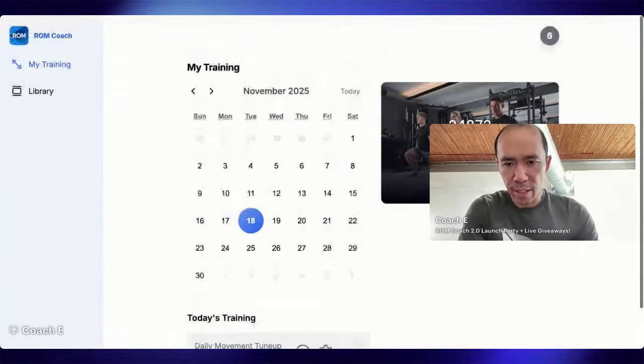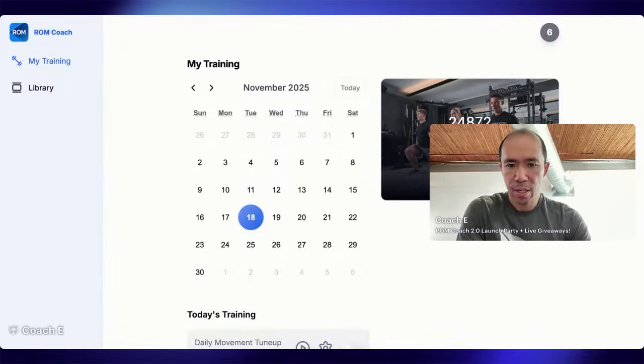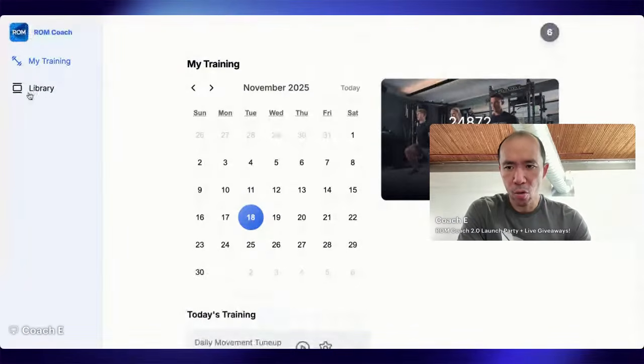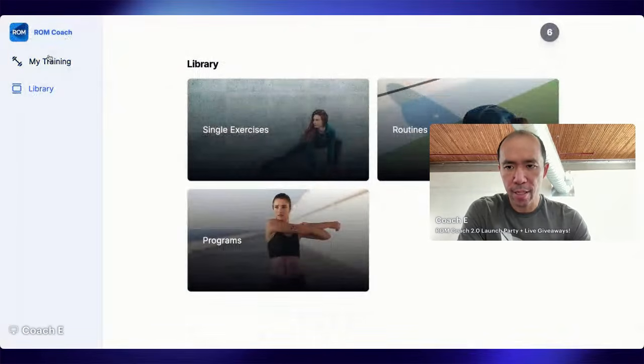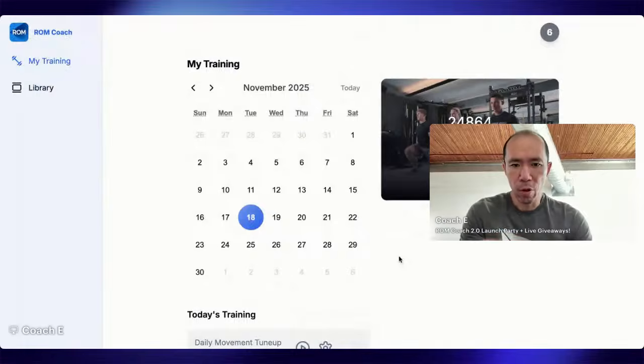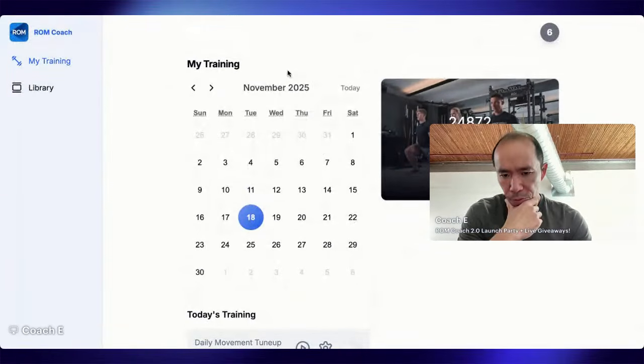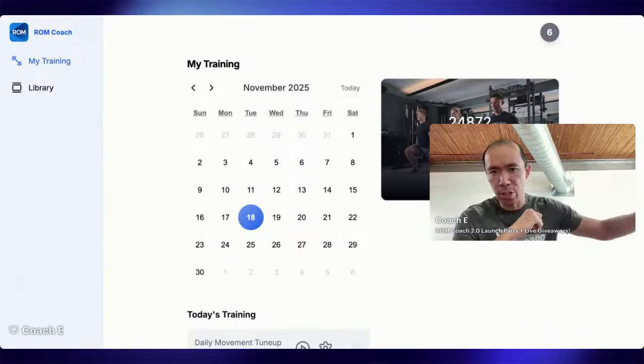But this is basically a bare bones limited version of ROM Coach where you can do your daily movement tune-up, or you can add programs, routines, and do them. We don't have the assessments. We don't have some other features in here, but it's just a way for you to utilize a bigger screen. So if you want to do this on your computer, or you want to hook up your computer to your TV and do it on a big screen TV, then this allows you to follow your